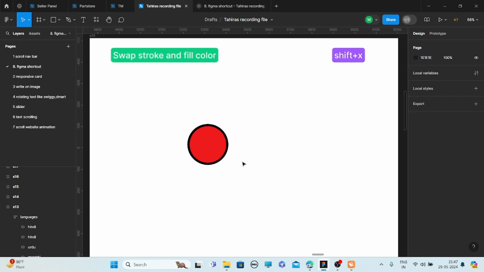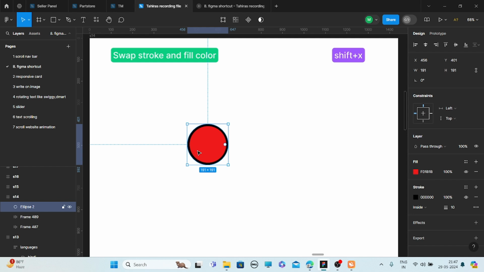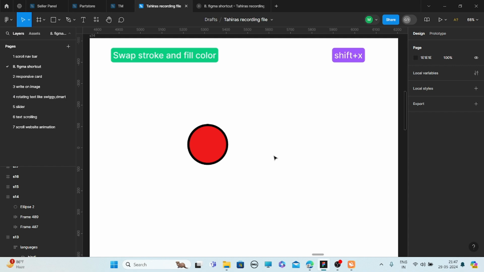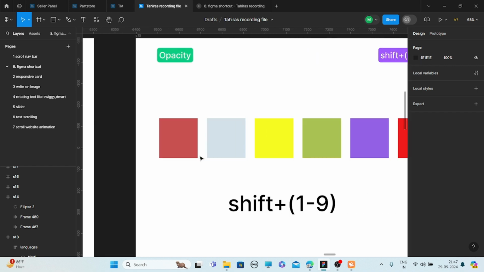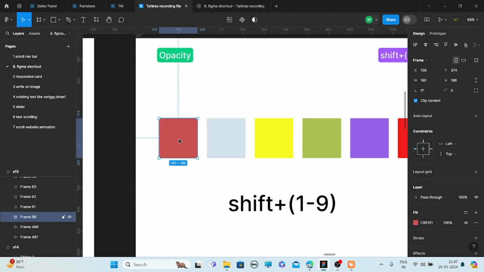Now if you want to swap the stroke color and fill color, simply press Shift X. Now if you want to decrease the opacity of any of the frames, simply press Shift 1.